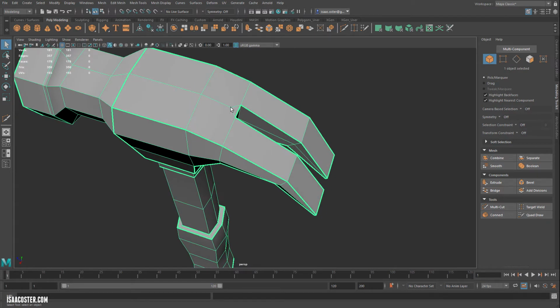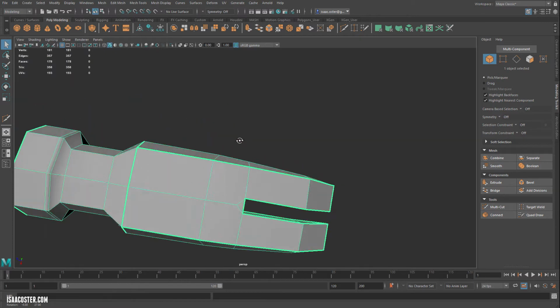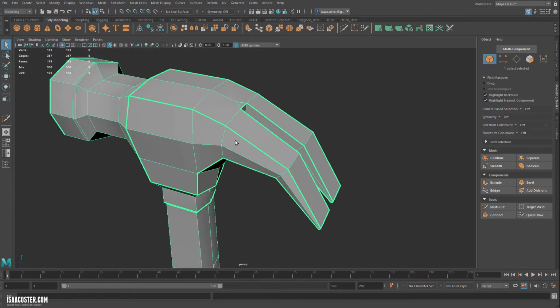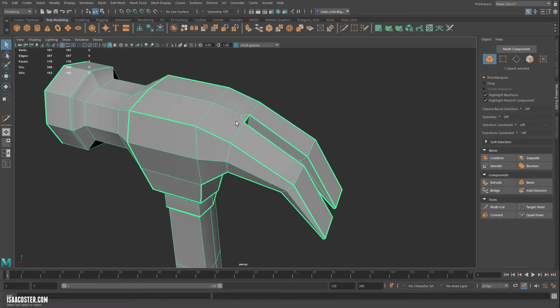And you can have triangles in your mesh if you want them. There are scenarios where they're fine and scenarios where they're not fine. In this case, it's just an easy problem to fix. Like this little triangle here, I'll probably end up keeping, but this right here is an illegal n-gon. And what that means is it has more than 4 sides, and I definitely do need to address that,